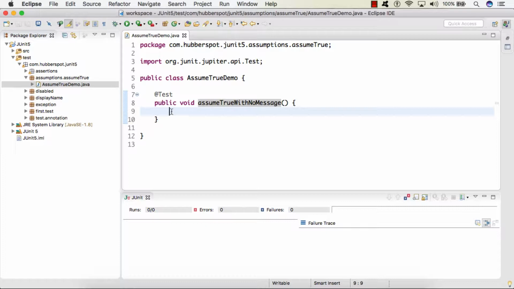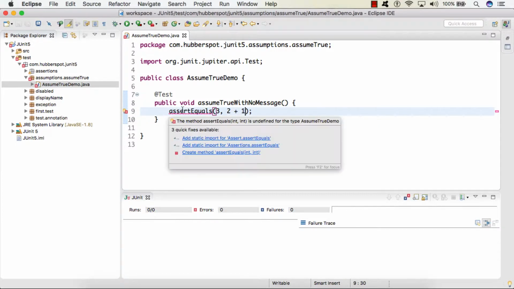So friends, let's say in this test, I simply provide an assertion, say assert equals, and here I provide an expected value, let's say 3, and an actual value, say 2 plus 1. So I will be importing assert equals.